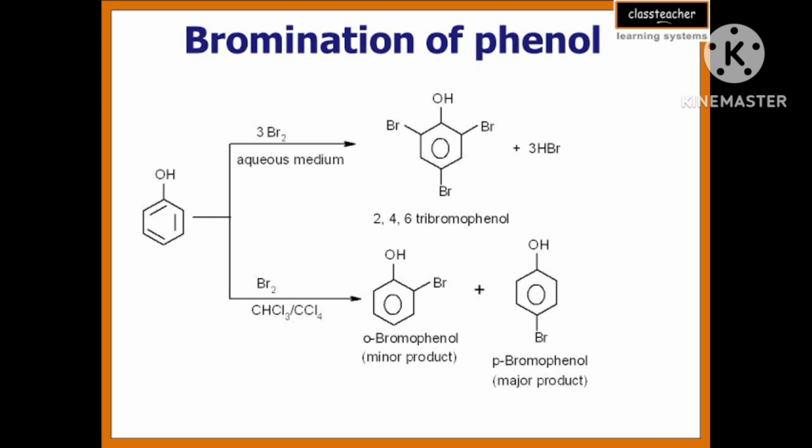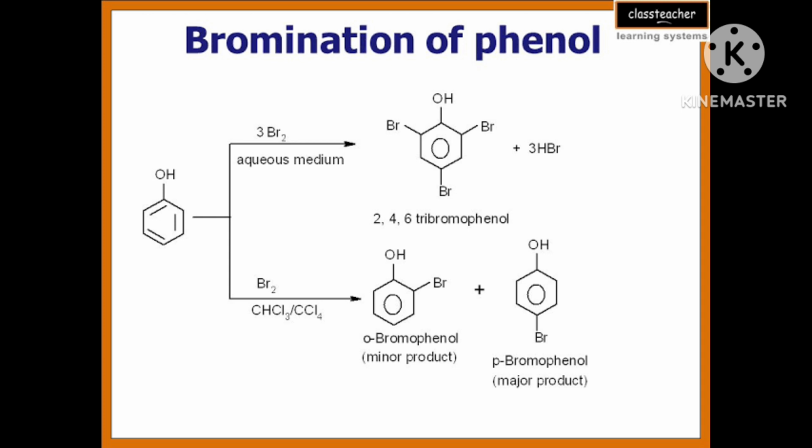Okay. Now I have told about this nitration. I told you this happens in presence of dilute nitric acid. This nitration that I discussed is in presence of dilute nitric acid. Now if concentrated nitric acid is there, then what will happen? With concentrated nitric acid, phenol is converted to